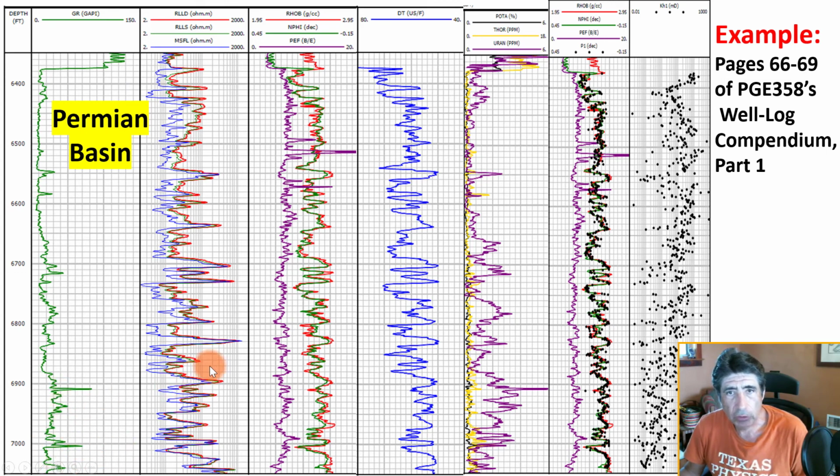If you look at the spectral gamma ray log, you are going to see that there are sections of this column that have manifestation of uranium in the form of organic material, whereas the thorium and potassium components are extremely negligible. On the other hand, if you look at the resistivity logs, here are the lateral log, deep lateral log,